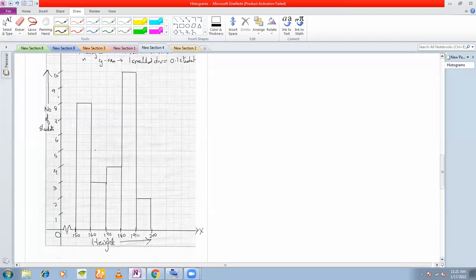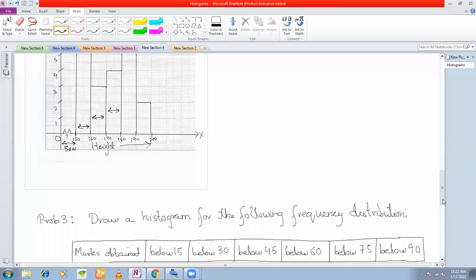Sir, if we are taking the first one as 10 but the intervals are 5, then also, sir, will we use a break line? Yes, you can use the break lines even then. Even if you don't take this as 10 divisions, even if you take this as 5 divisions, that does not matter. What matters is this division. This must be equal, all these. Okay, fine. Thank you, sir. Let's move to the next question.